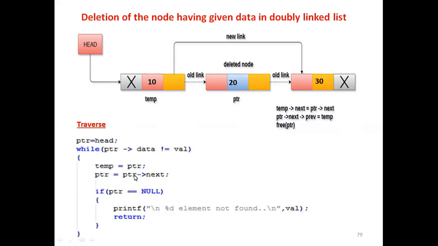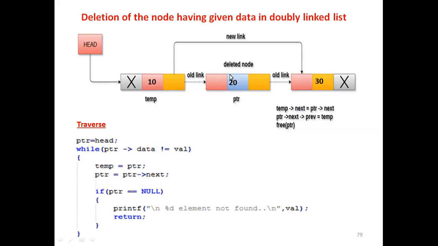Now here you see PTR is pointing to this node. Now again come here. So you check here, PTR arrow data is not equals to value. Is this condition satisfied? No, sir. In the second iteration, no. That means the loop will be terminated. PTR is now pointing to this node, and the value here is matching 20. Now PTR is here and temp is here.